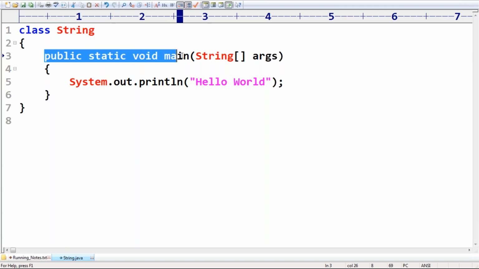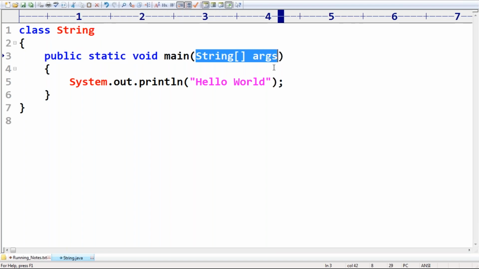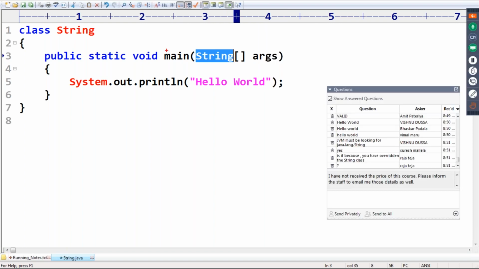Now in public static void main(String[] args), that String is always going to be considered your String, but not java.lang.String. Remember this one. The main method is always expecting the predefined String class, but your String itself is going to be considered.